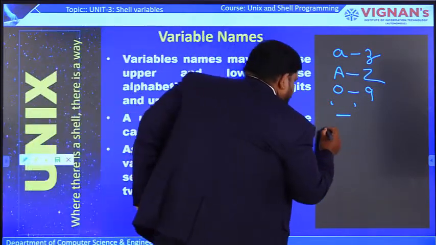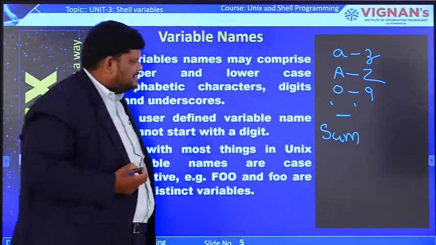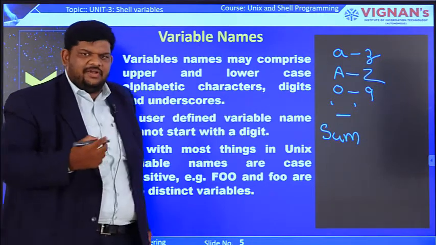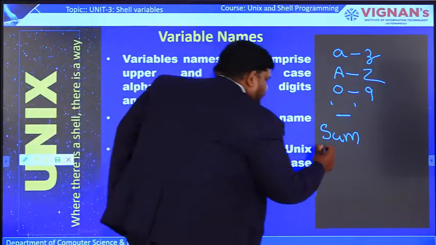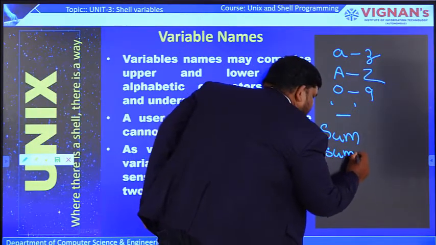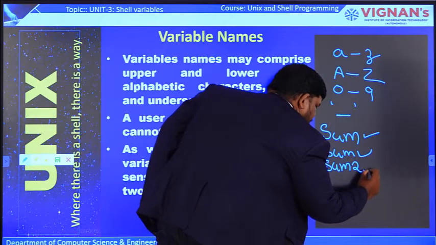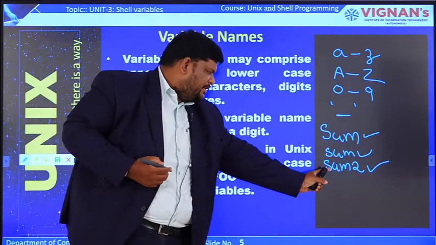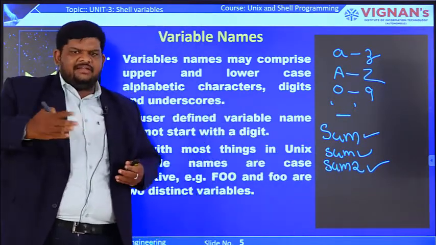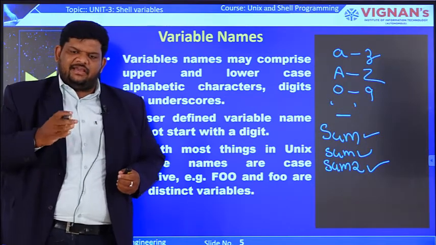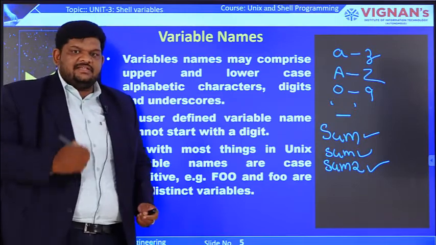We can write like this. The first letter is in uppercase and the remaining two letters are lowercase. So it is acceptable for a variable name. All lowercase is also right. Here it is alphabetic lowercase sum, and after that we write a digit. A digit after any occurrence is also valid, and again lowercase or uppercase, whatever it may be, is valid, but starting with a digit is not right.